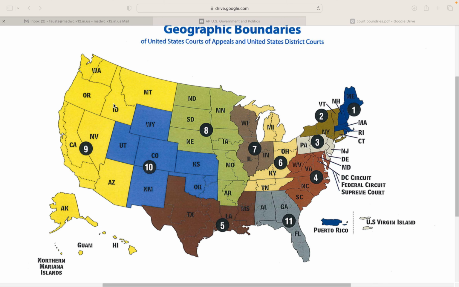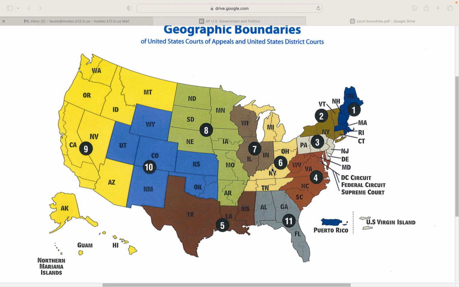All right, we're going to look at this map and distinguish between the district courts and the United States Court of Appeals, or the United States Circuit Courts. There are 94 district courts. Those are the ones that hear all of the evidence. They have original jurisdiction, and each state